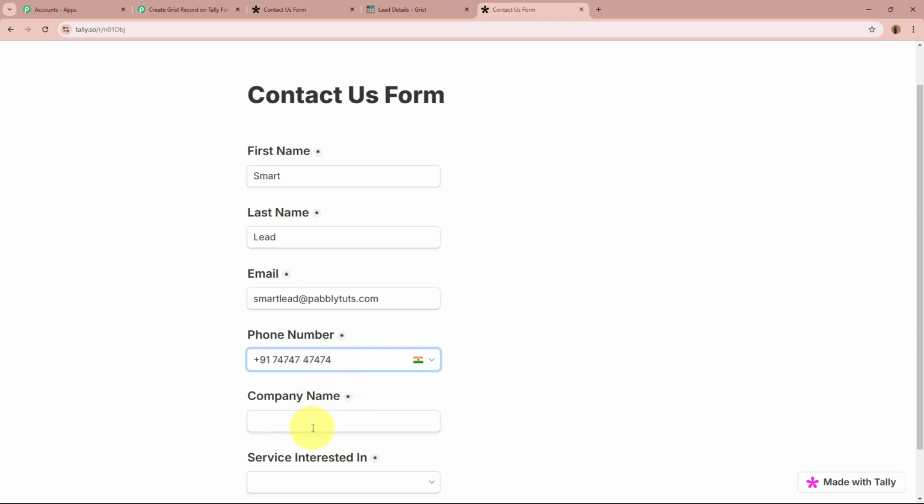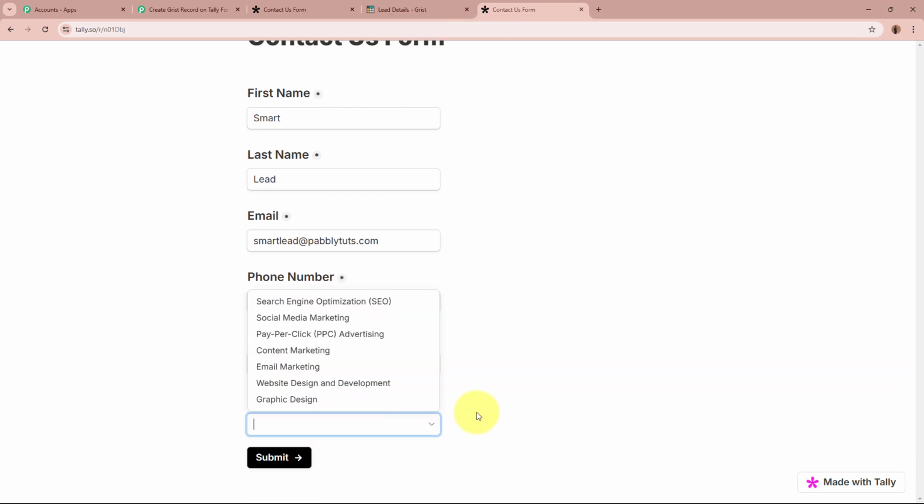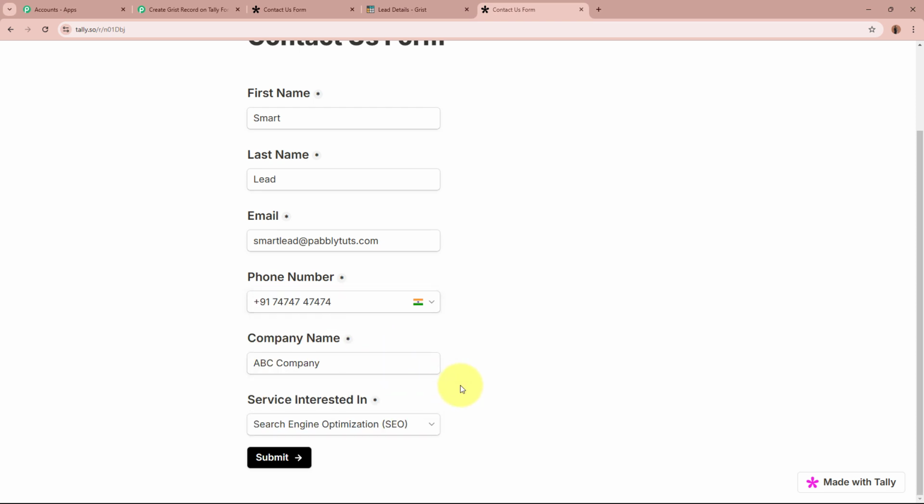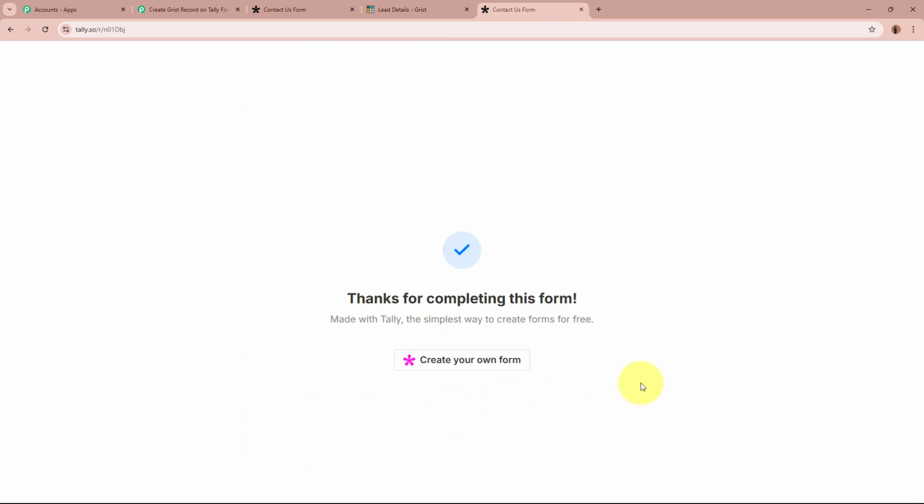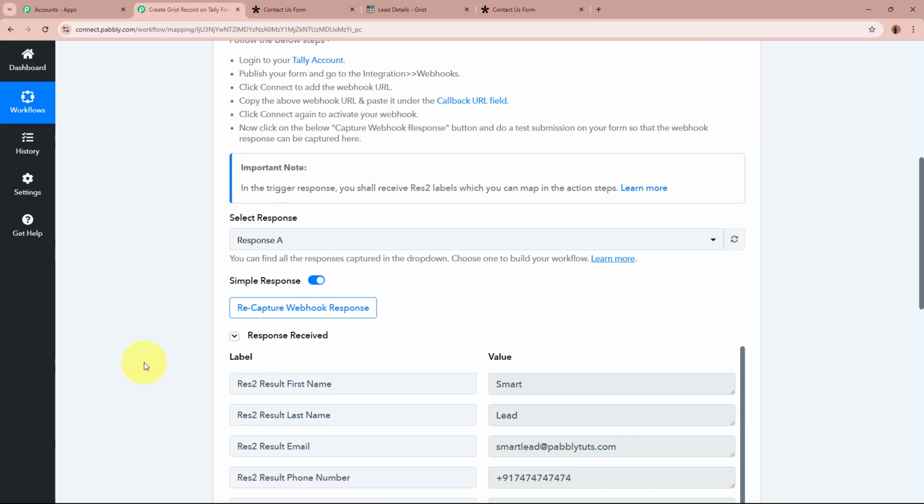After that, for the company name I'm going to write ABC company, and for the service interested in, let's suppose I select search engine optimization. Okay, after filling in all the required details, I'm going to click on this submit button right here. It says thanks for completing this form. Okay, as the form submission is now done, I'm going to open my workflow and scroll down, and yes, you can see